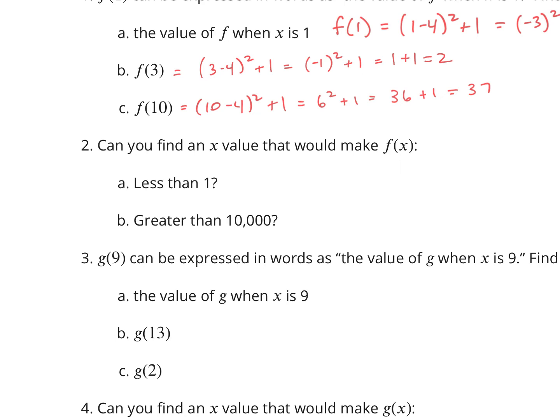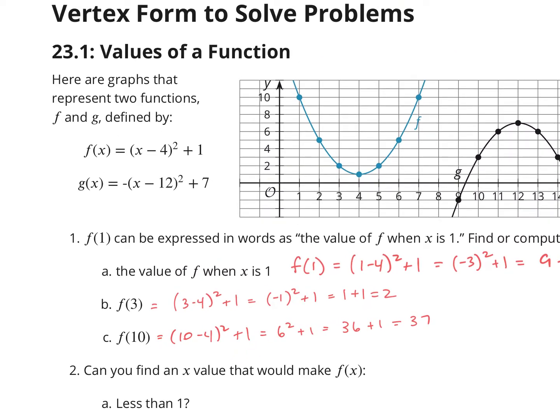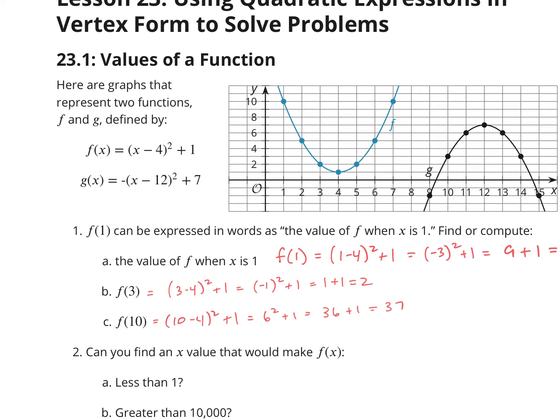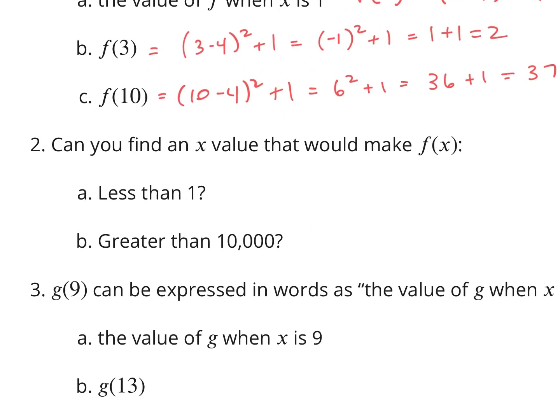Question 2 says, can you find a value of x that would make f of x less than 1, greater than 10,000? So let's look at the graph for this. We know the blue graph is f, and we're looking for what value of x would make it so that the output is less than 1. So where is y less than 1? If we look at this graph, we can see the minimum point is right here. It never goes below the number 1. So for question 2a, no,